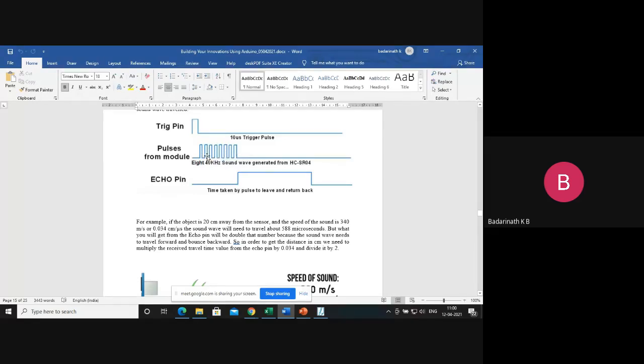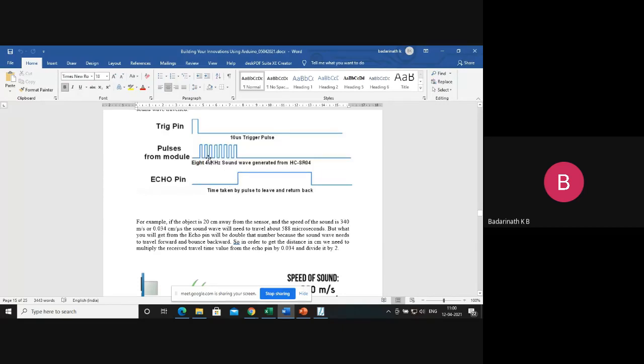The moment it generates these, the sensor has the capability to take the reflection of the waveform it generates. Once it gets the reflection, it generates the echo signal. This echo signal is also generated by the ultrasonic sensor. You generate the trigger, the ultrasonic sensor generates the sound waveform, and then based on what is received, it generates an echo output on one of its pins.